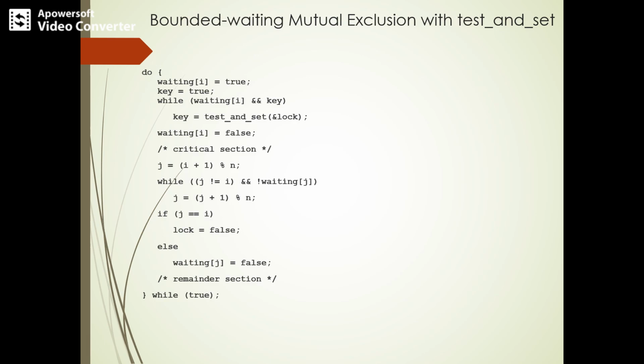So there will be n minus 1 turns, and you can observe that each particular process gets a turn, and there is a limit on the number of processes entering into the critical section. As you can observe in the particular line, if j is equal to i, then lock is false. So if it is the same process, for now it is blocked. So you are allowing for the next process in the array, that is j is j plus 1 mod n. So that's how the critical section problem is solved, by meeting all the requirements, that is mutual exclusion, progress requirement, and bounded waiting.